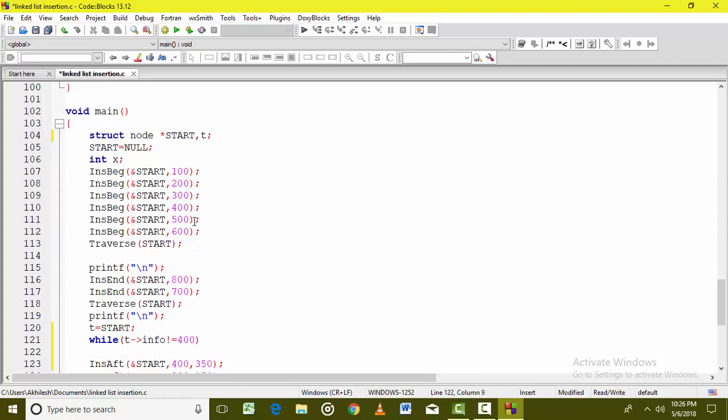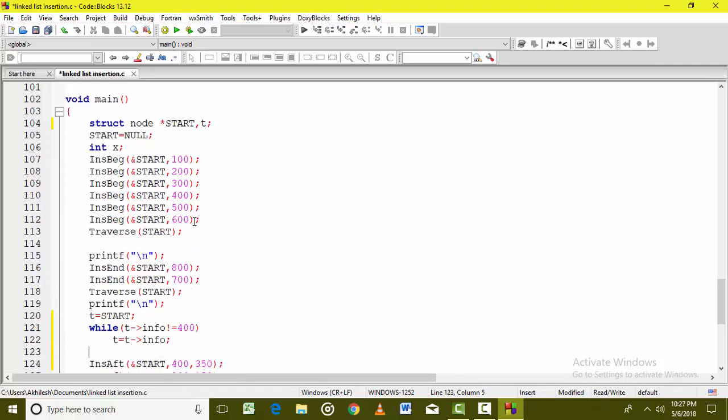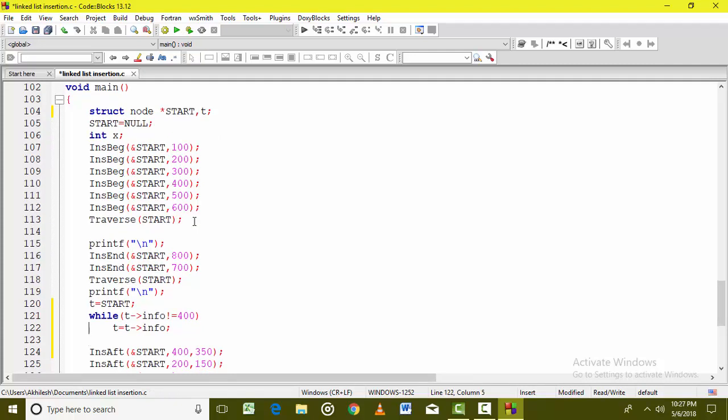The moment we find a node which has information 400, we will break. Okay. Now once we have the address t, which is the address of the node containing information 400,